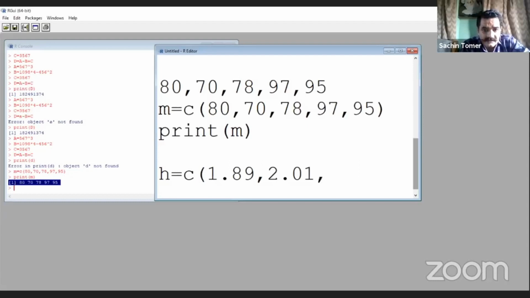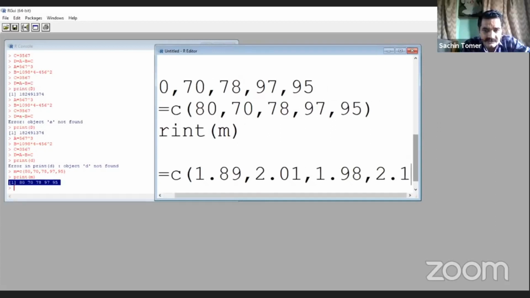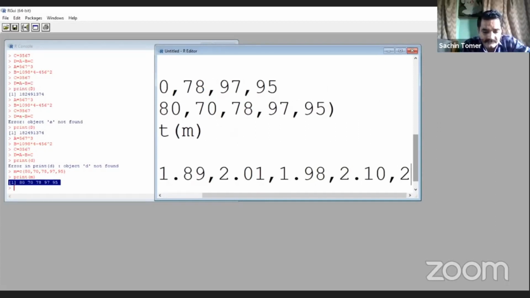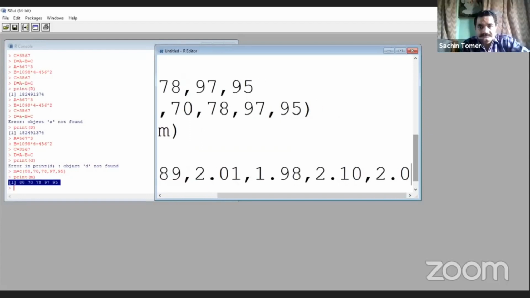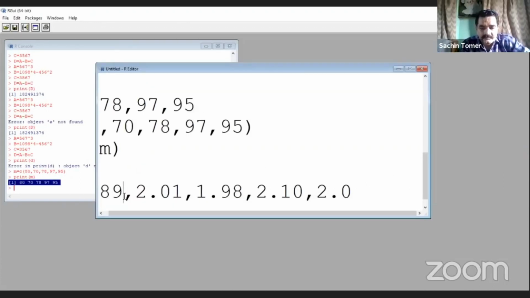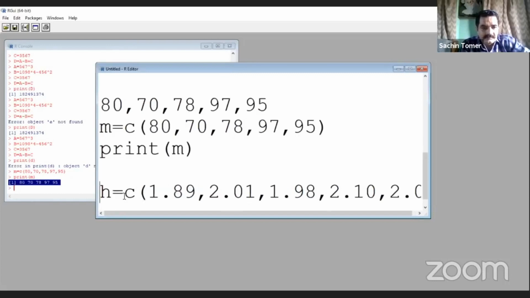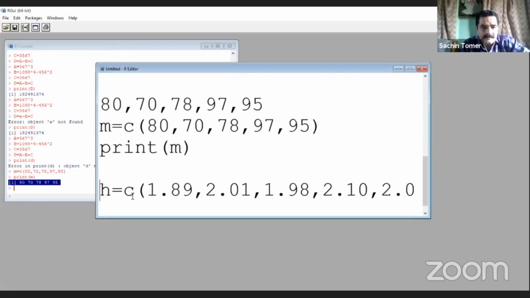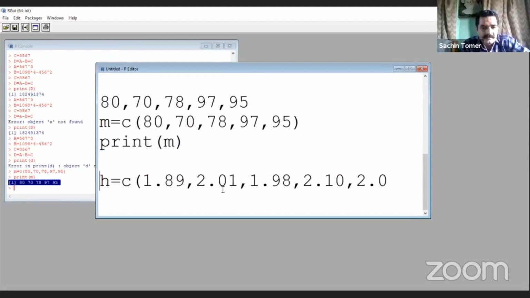The height of the third person is 1.98, the fourth one 2.10, and the fifth one 2.0. So this is the data of height, and close the bracket.